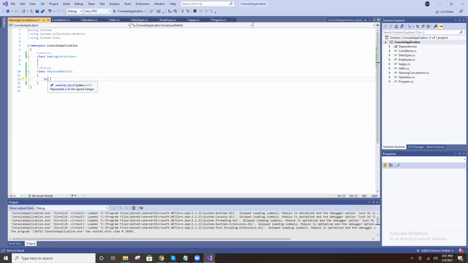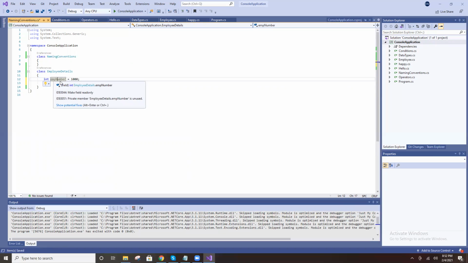For example, I declare one variable, int employee number. Here there is no error message, but you are not following naming conventions. Why? For any variable, the E should not start with a capital. Small letter, and the next word will be capital as Number. See, EMP is one word, right?